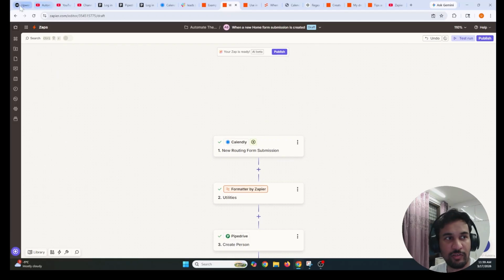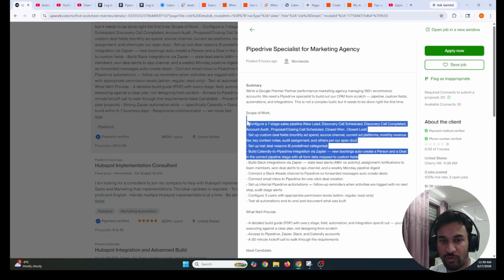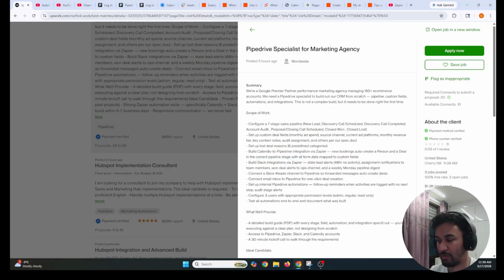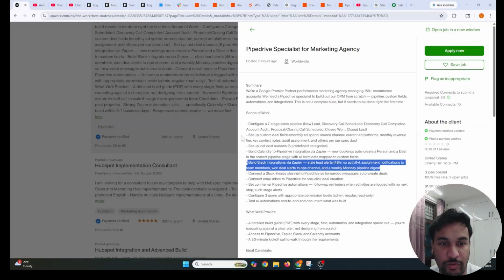Now let's look at, so we are done till here, right? Next one is build Slack integration via Zapier. Stale alerts should, perfecto. Okay, all right. So looking at the next scope here,